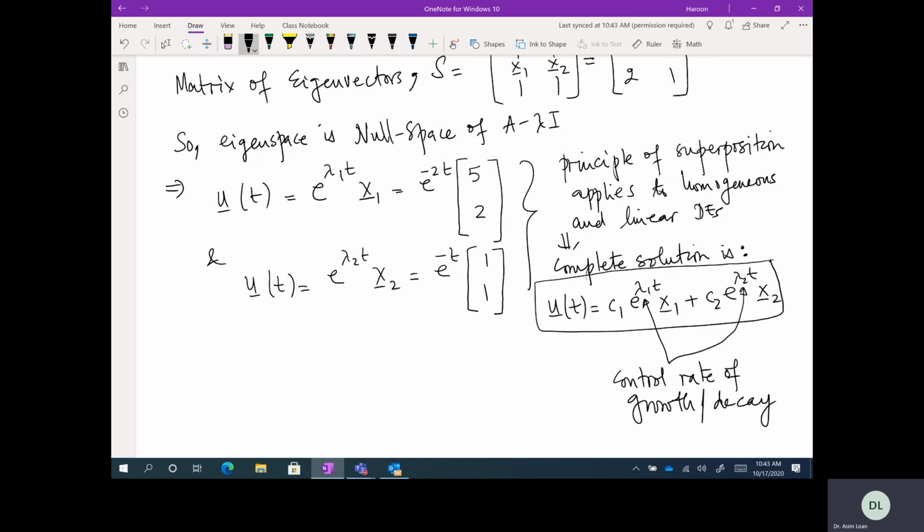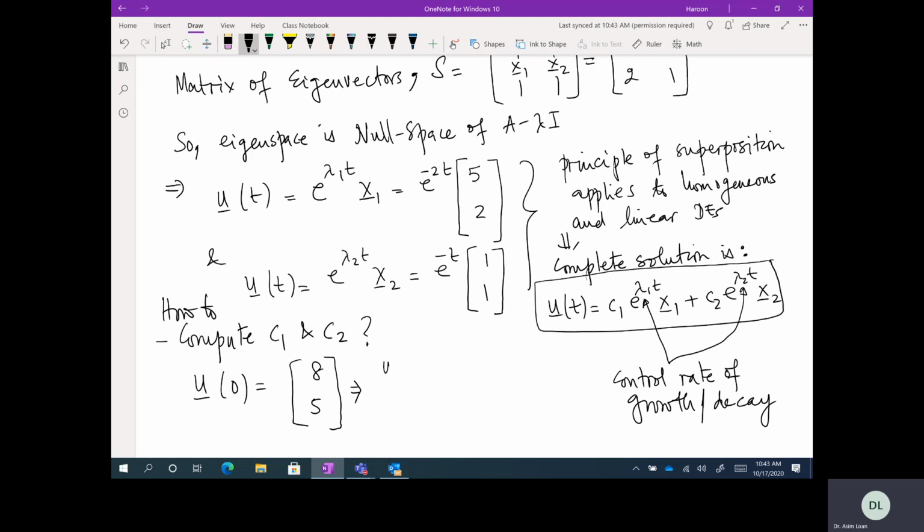And how do we find C1, C2? For that, we need to go back and see there is this initial vector. So how to compute C1 and C2? You know, U of 0 is 8 and 5. So this U of 0, 8 and 5 implies U of 0 equals C1